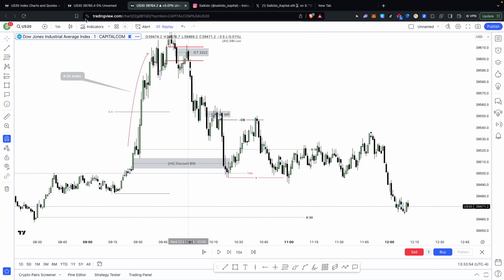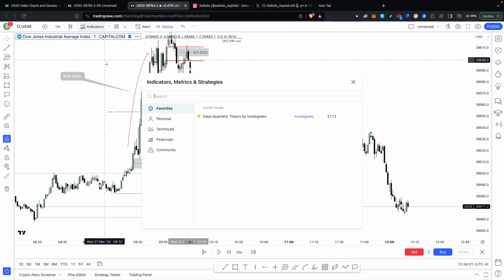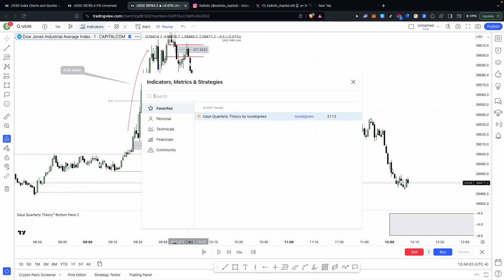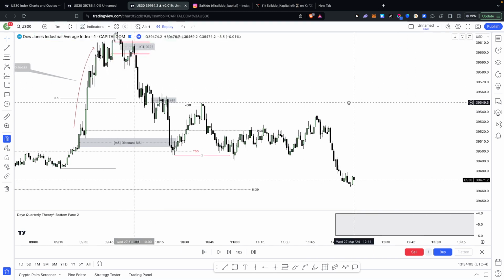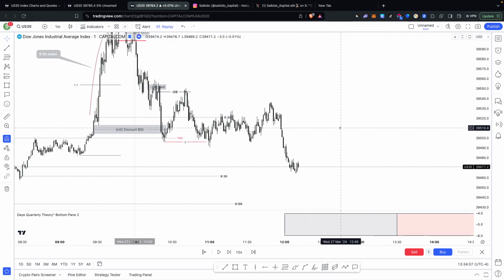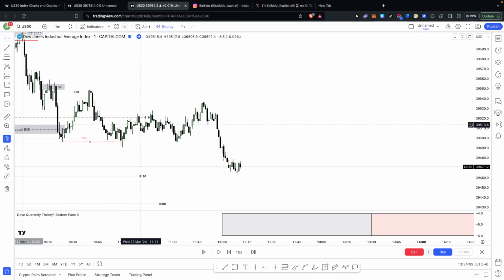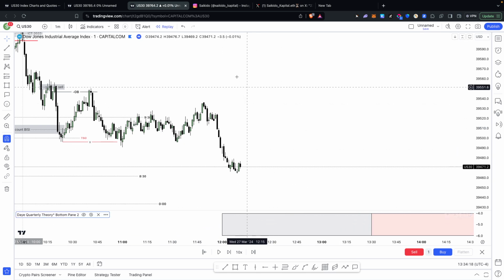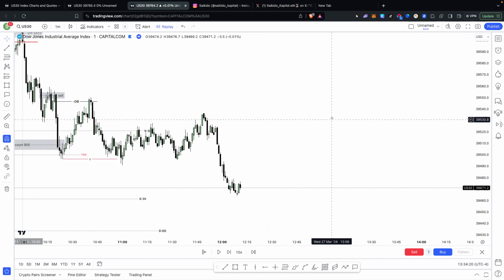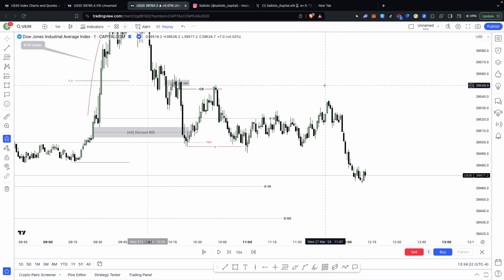I think if I can open days microcycles, maybe it's gonna show here. Let's test it and open microcycles with this. It's not going to show, but I can see it. Accumulation, manipulation, distribution. Now there's a macro here, lunch hour macro. A lot of macros going on right there. We don't need this really. But that's it for me, guys.